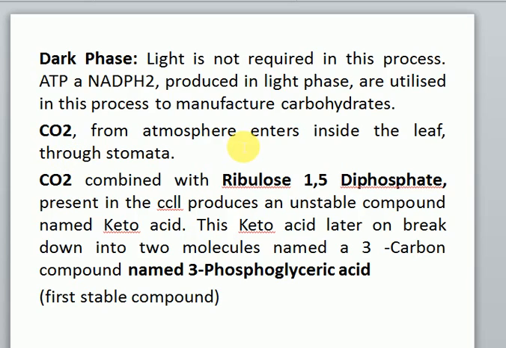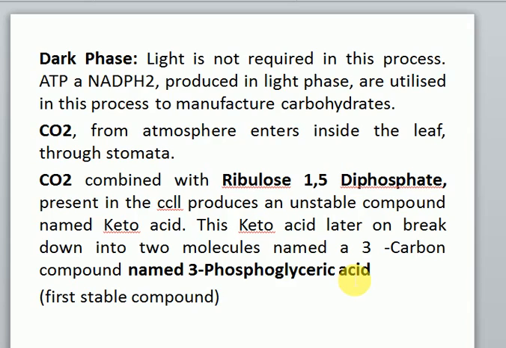So CO2 from the atmosphere that has entered through the stomata combines with a substance called ribulose 1,5-bisphosphate or diphosphate. It means the same thing, present in the cell. Now this structure, this combination of CO2 and ribulose, or we call it RuBisCO, is not stable, so it forms a substance called keto acid. So this keto acid later breaks into two molecules which are 3 carbon compounds, and that compound is called